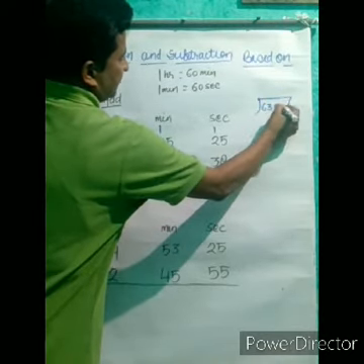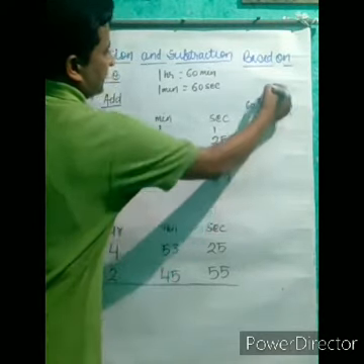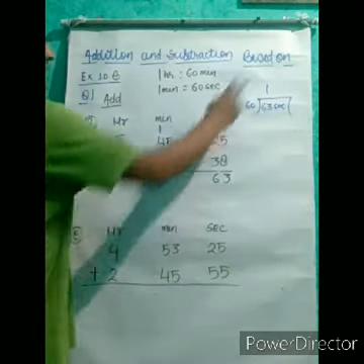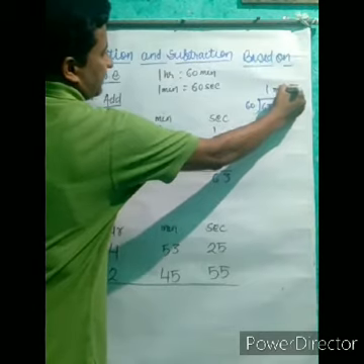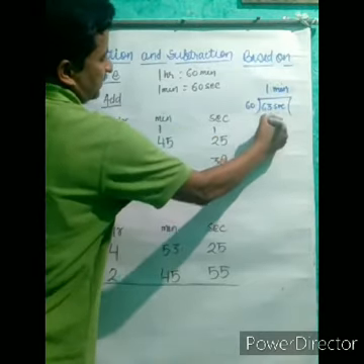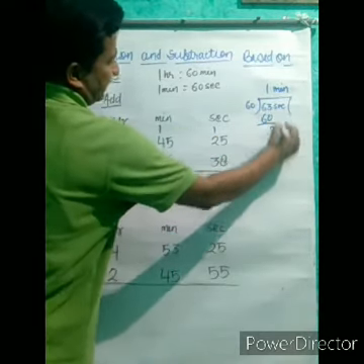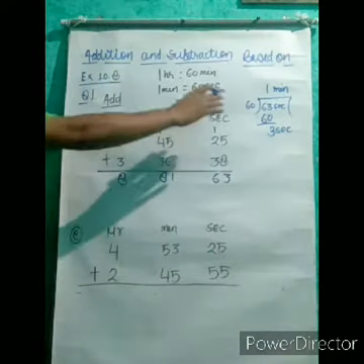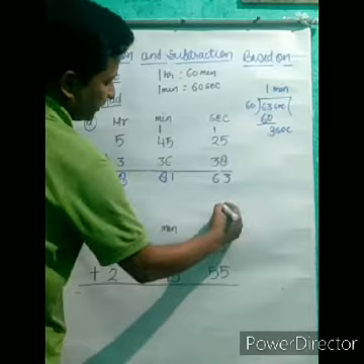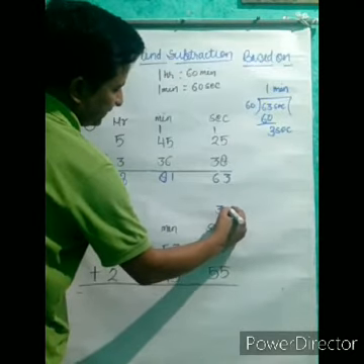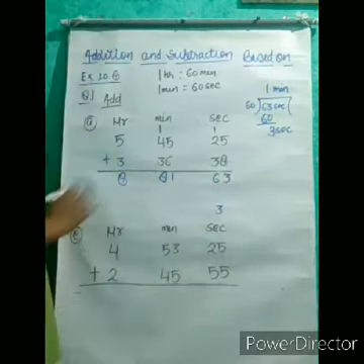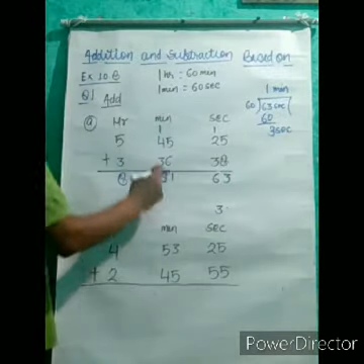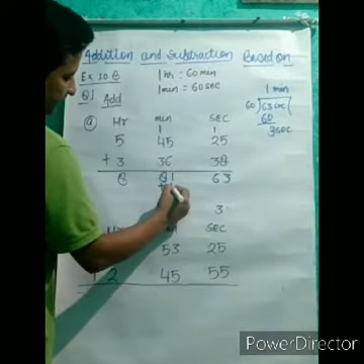63 seconds divided by 60. It will divide one time, because if you divide seconds by 60, the answer you get is in minutes. Here left 3, the remainder will come in seconds because we are dividing seconds. So your remainder is 3 seconds. So better 3 seconds you can write here, 3 under the second. Now we got quotient as 1 minute. So that 1 minute you have to add here.